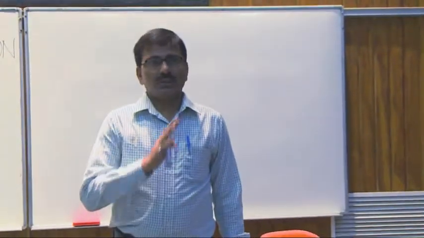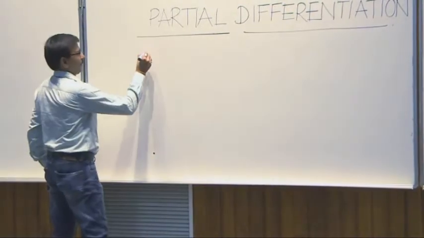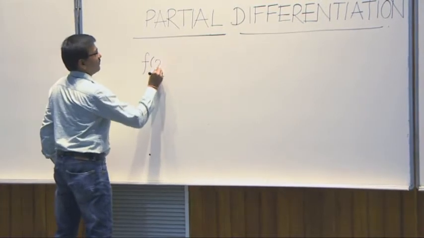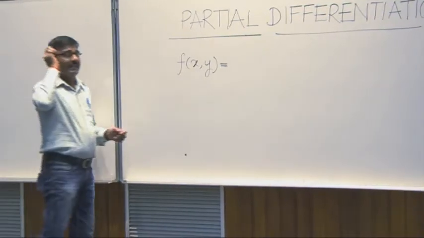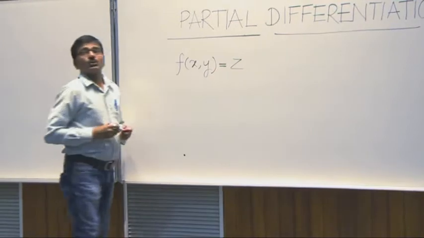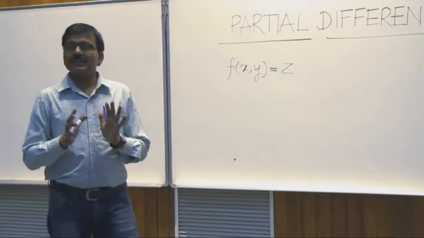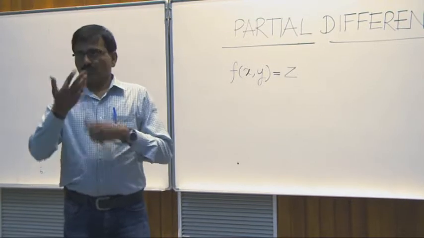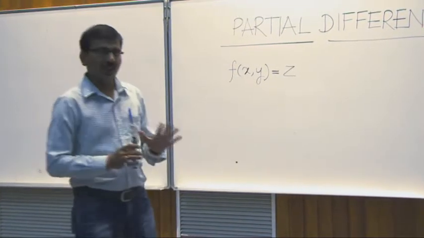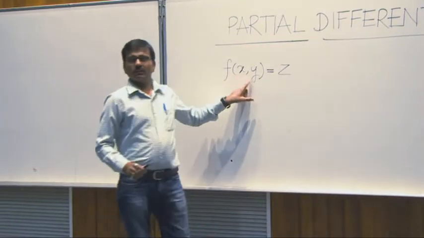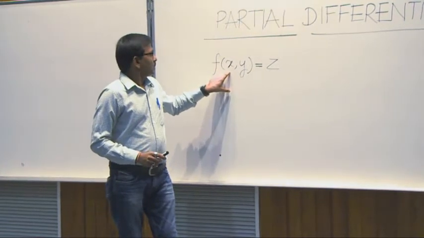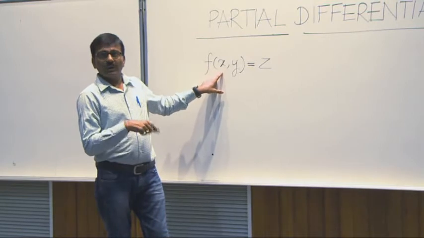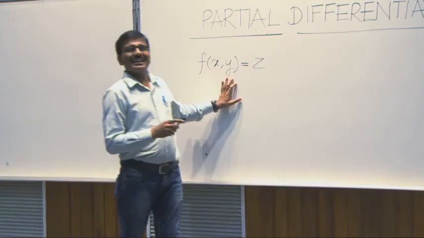So for this function, we can take one example. Let f be a function of x and y. We will denote it by z. Now, finding its derivative, we cannot differentiate it like we were differentiating previously, because now we have 2 variables on which our function depends. So we have to think about which is the variable we are differentiating with respect to and which one we are treating as a constant.